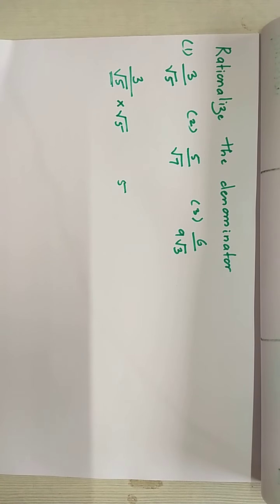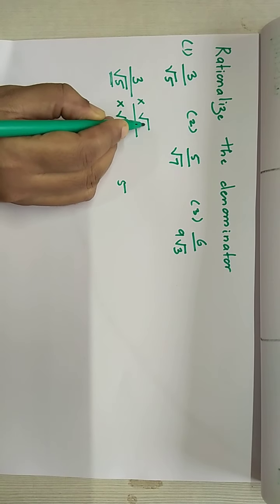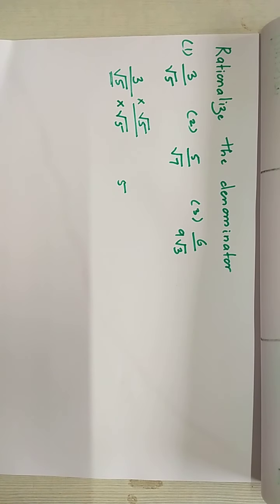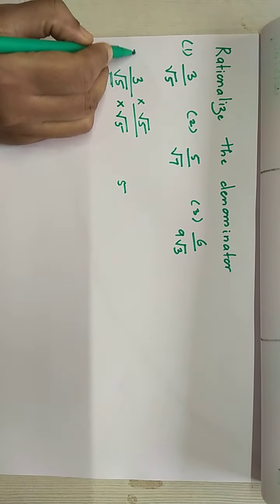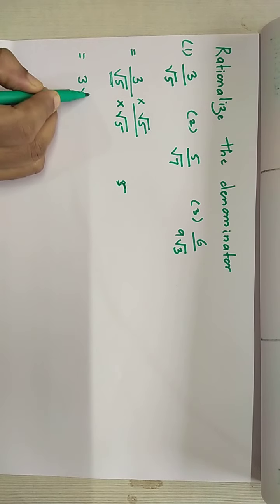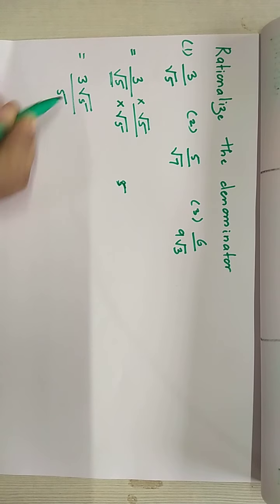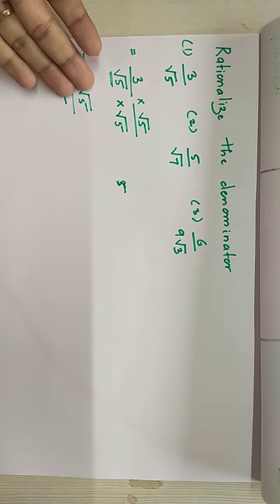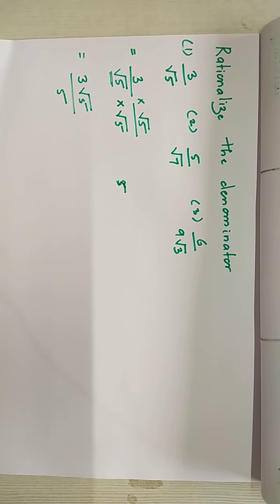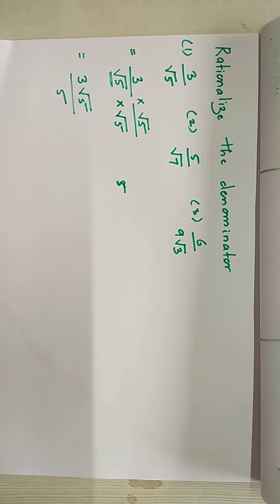But according to maths, it is clearly said, when you multiply something in the denominator, you have to multiply the same thing in the numerator. So the same root 5 gets multiplied in the numerator. And when you multiply root 5 in the numerator, this becomes 3 root 5. And in the denominator, you have root 5 into root 5 as 5. Now you will say, teacher, where is it rationalized? Here the root is gone. But in the sum they have said, you have to rationalize the denominator. Denominator, the irrational part is gone.